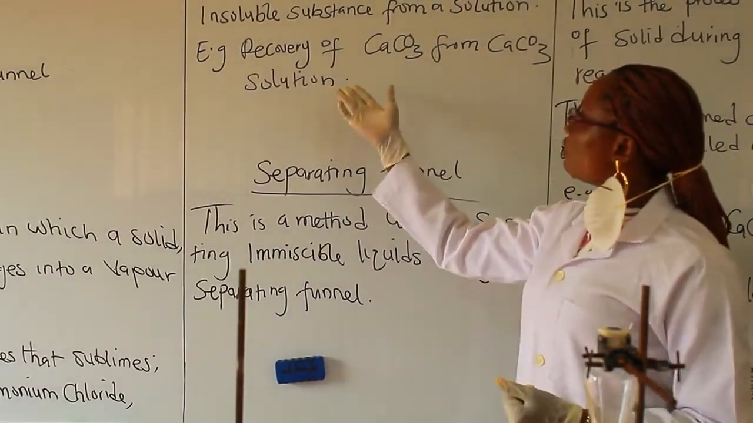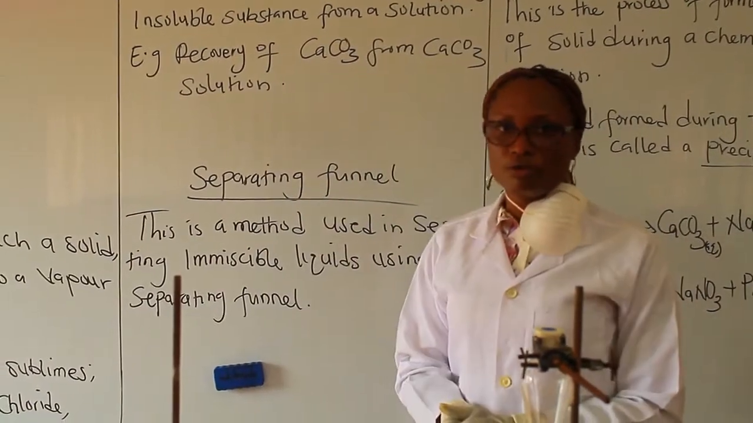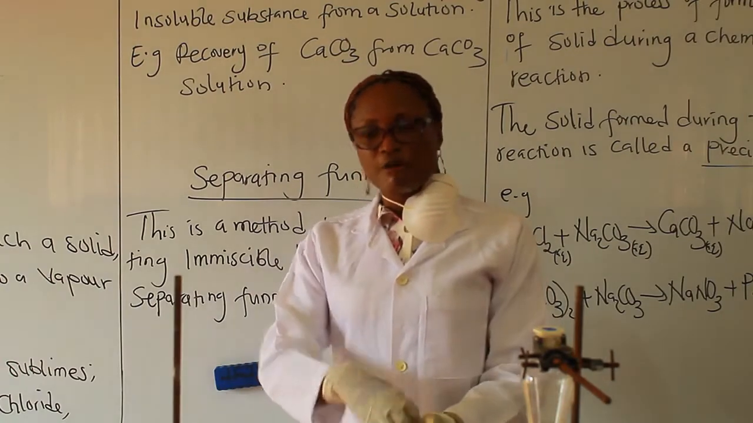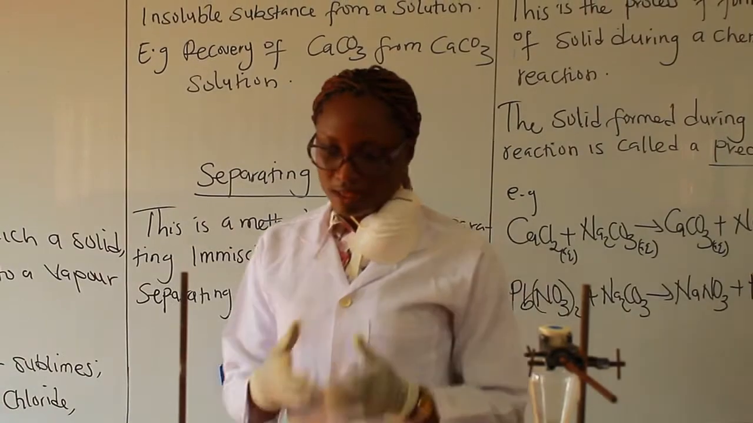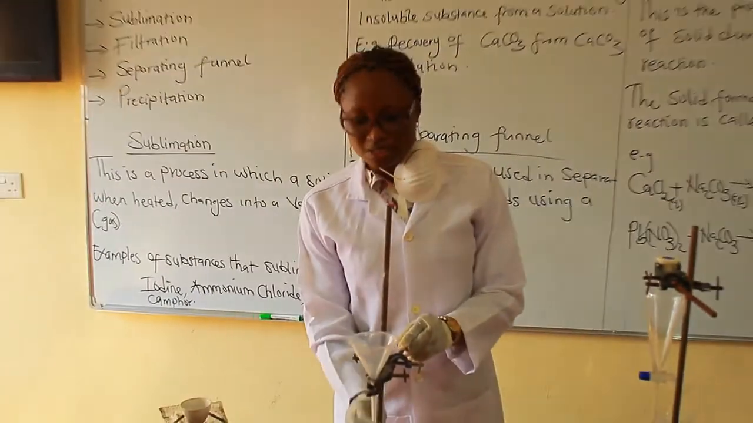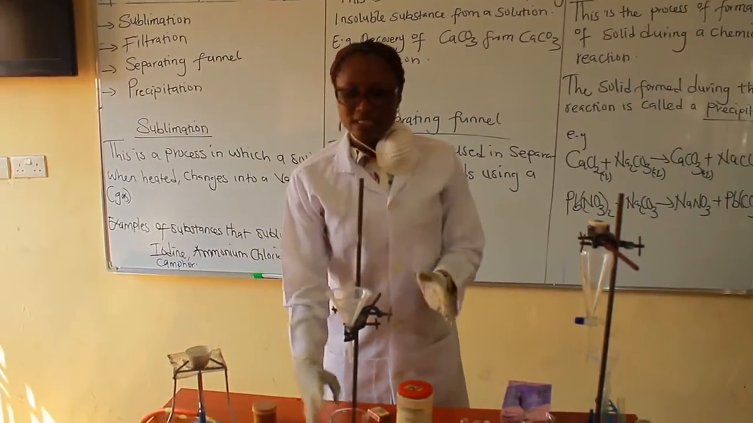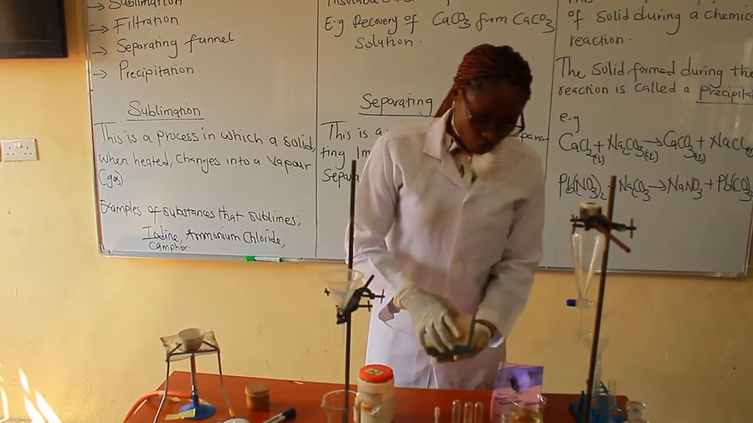Okay, so I'm going to just demonstrate how filtration happens, or what happens during filtration. Now we are going to recover calcium carbonate from calcium carbonate solution. So if you're given calcium carbonate solution, how do you recover calcium carbonate from that solution? Very simple. Now, this is our apparatus for the experiment. You have the retort stand, you have the beaker, this is a 300 ml beaker, and this is a funnel. And then, what else do you need? You need a